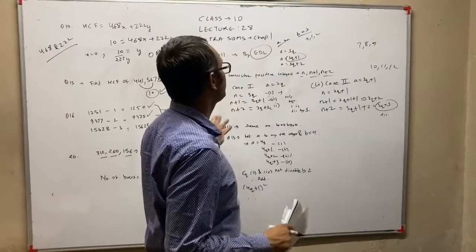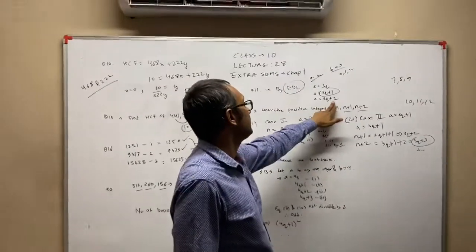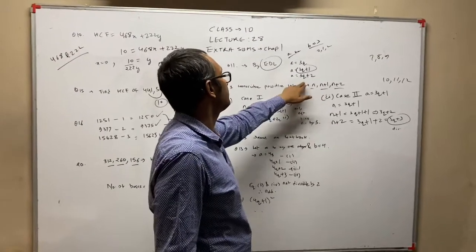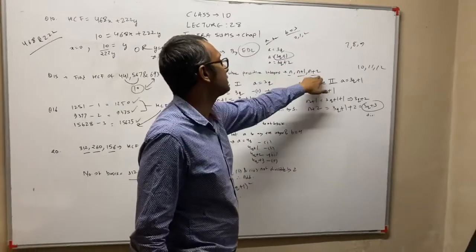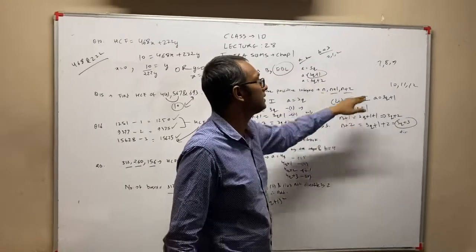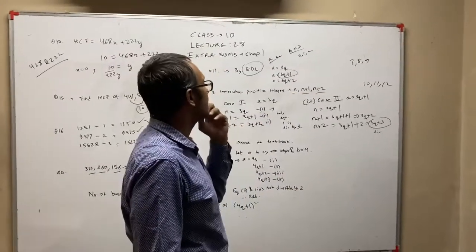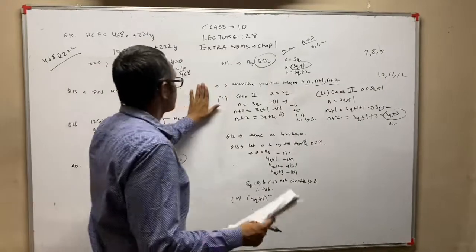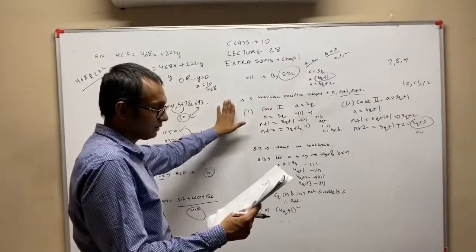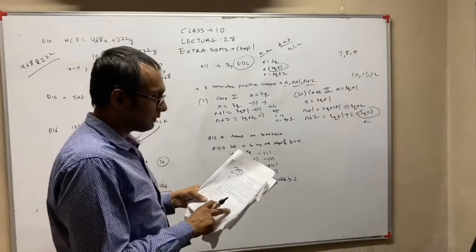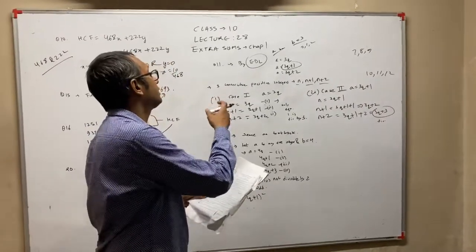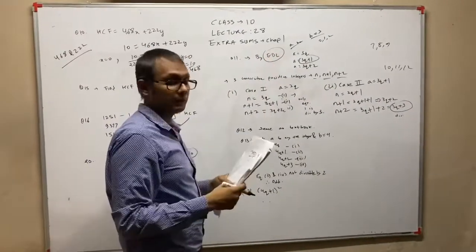Similarly for case 3, now you will substitute A is equal to 3q plus 2. You will have to substitute 3q plus 2 once in here, once in here and once in here, and again you will see out of these three, only one will be divisible by 3. So this is question number 11. Here always remember that whatever the number is being divided by, that gives you a hint on how to start the sum.